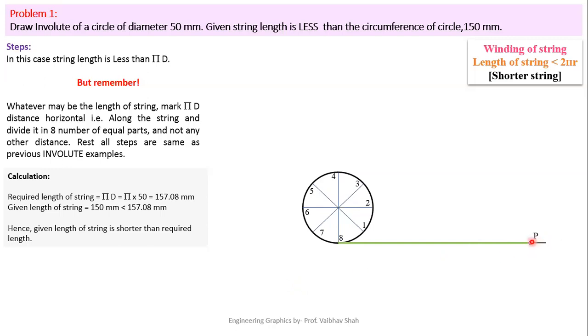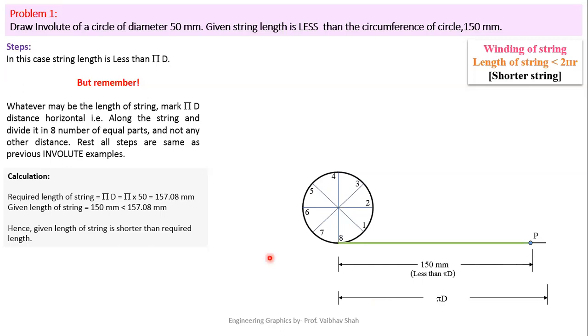First of all, let us locate this point, which is the end point of your actual string given in your example, of 150 mm. You have to mark the end point of your 150 mm string as point P. After that, we'll give the dimension to this line. This is nothing but your 150 mm, which is obviously less than your circumferential length, or pi d length. And we have another length, which is actually your pi d or circumferential length, up to the end of the black line.